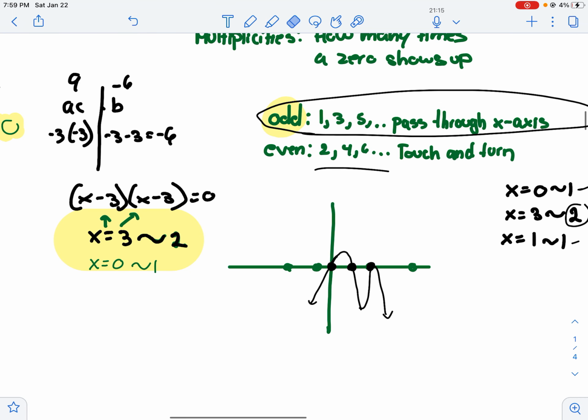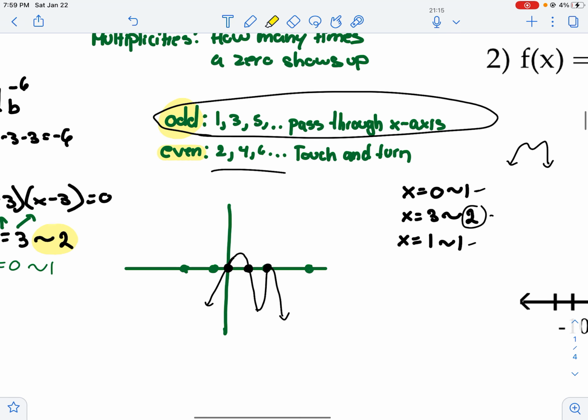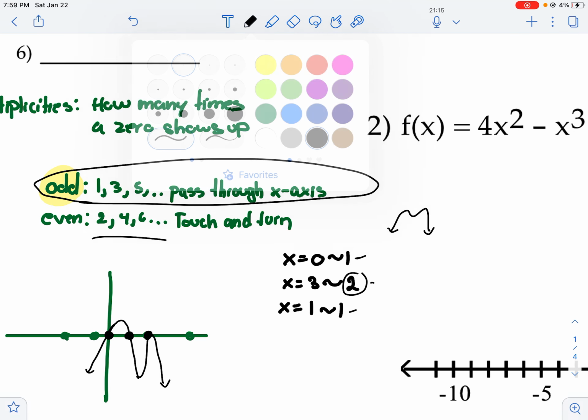When there's an odd number of multiplicities, okay? What I mean by odd number is this little area. Hold up, let me make this less ugly. This is your multiplicity. This, for example, is an even number of multiplicities: a multiplicity of 2, an even number. If there's an odd number, what did I do? Redo. Okay, if there is an odd number of multiplicities,